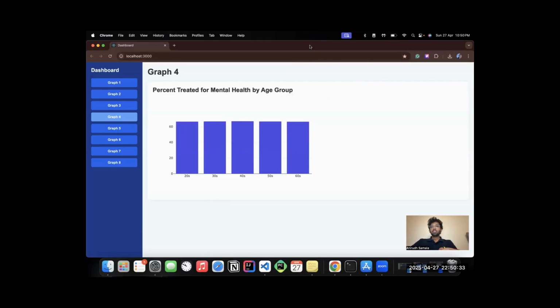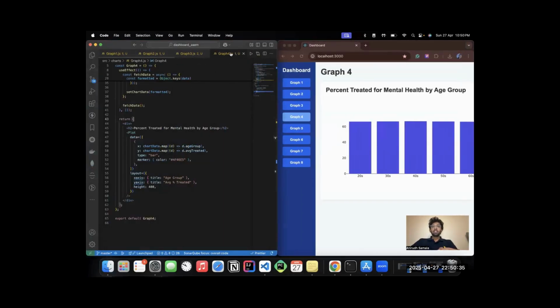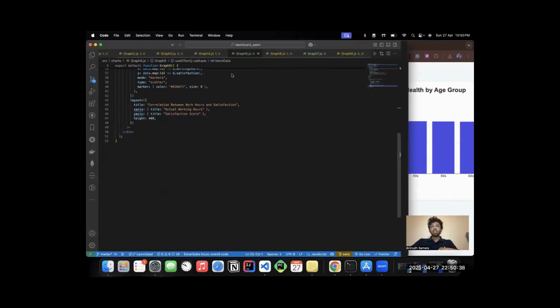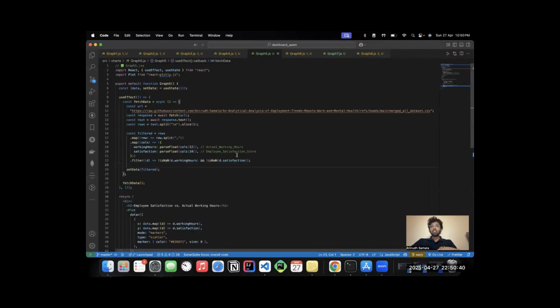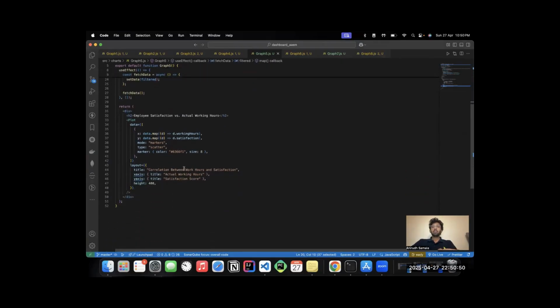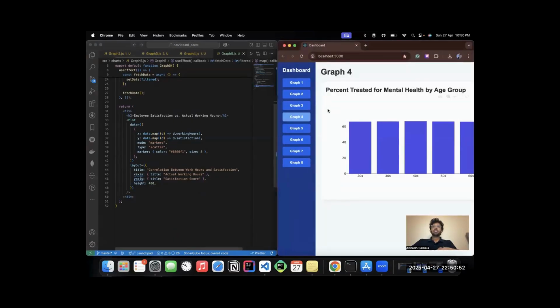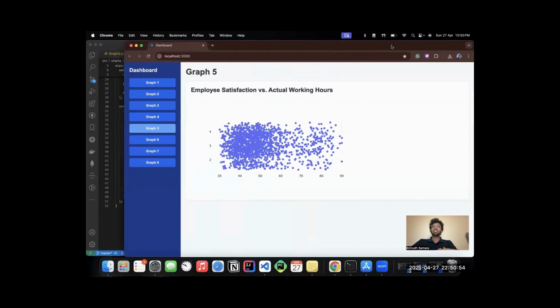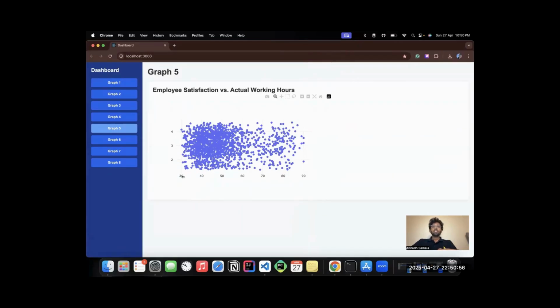So let's go to graph 5. Here we can see we read each employee's working hours per week and their satisfaction score. Then we plotted a scatter plot using working hours on the x-axis and satisfaction on the y-axis.